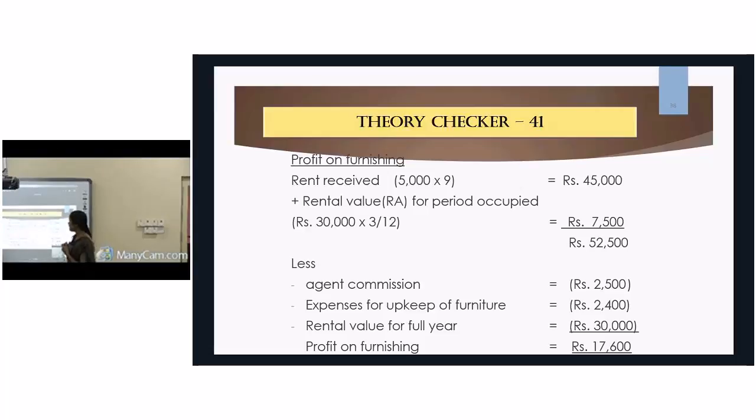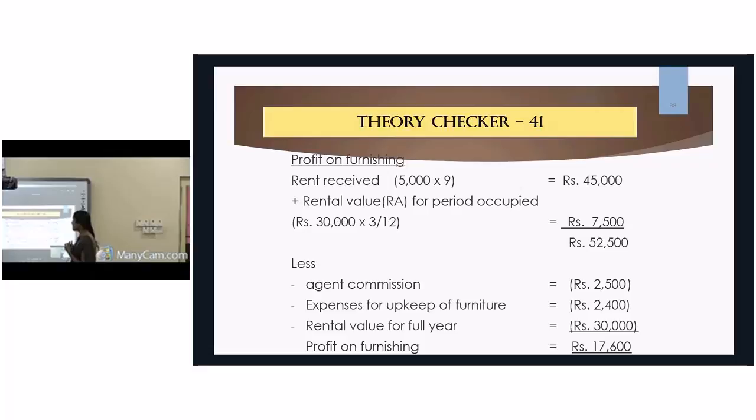Based on the rating assessment, the rental value is 30,000. So 30,000 for 3 months, because even though they used it for 2 months, 1 month is kept vacant for upkeeping of the furniture. In total, 3 months we consider it has been used by the owner. So for 3 months, 7,500 altogether,